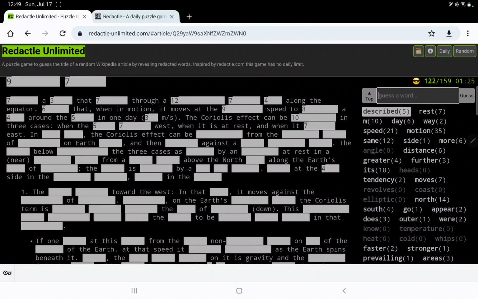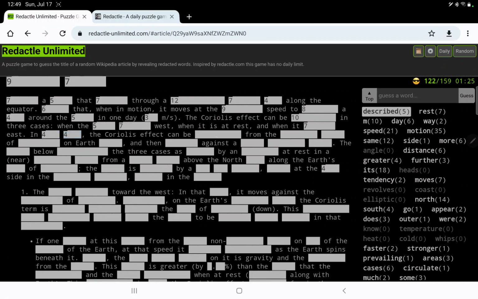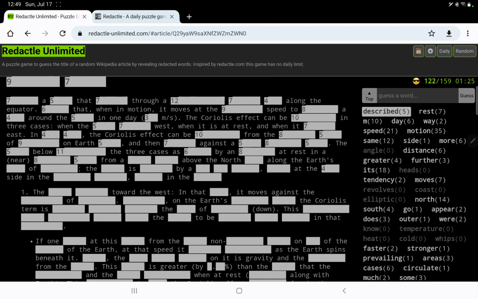No. In 4-4, the Coriolis effect can be 10 from the 8-5 of 9 on Earth 5, and then 7 against a 5-8-5. The something below 11, the three cases, has something by an blank at rest in a near 8-5